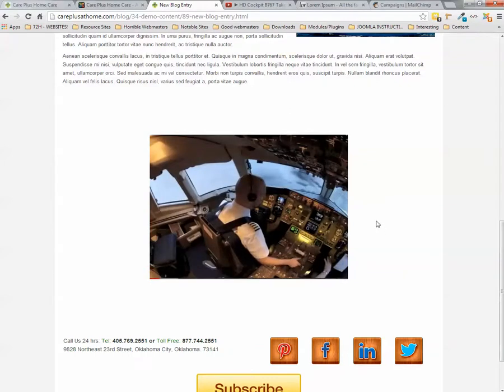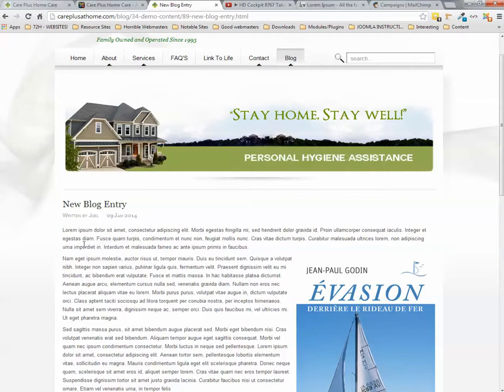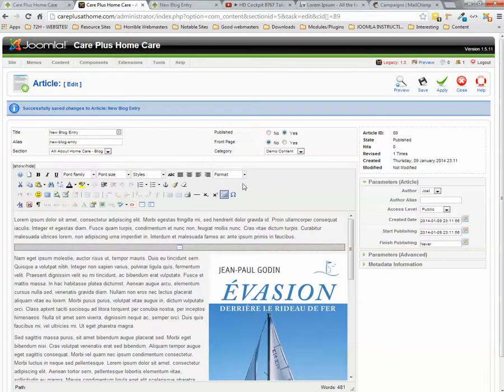Real simple. Now, one thing here. Let's say, Kathy, that Christy asked you to write an article, put an article up there for her because she doesn't have time or whatever the case may be, or vice versa. You'll see here that it says written by Joel. Well, let's just go into the back end again, and where it says parameters for the author, I could write an article for either one of you, and I just go here and I'd select Kathy. So let's save that,